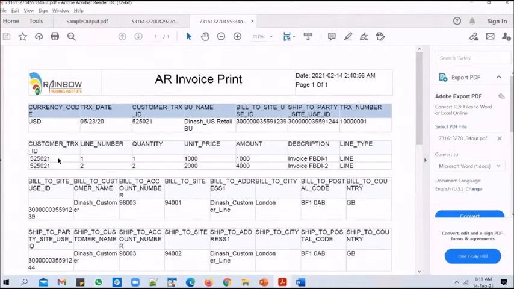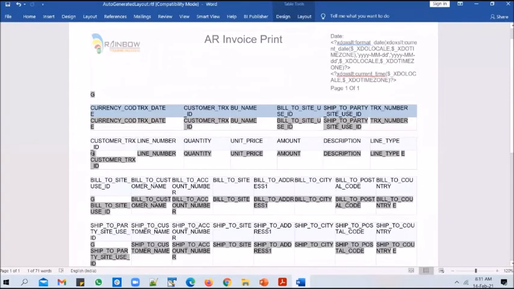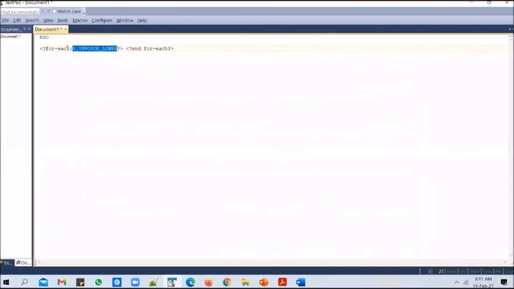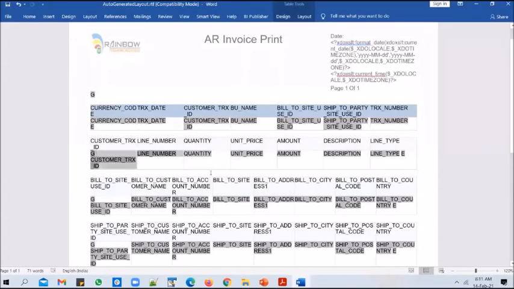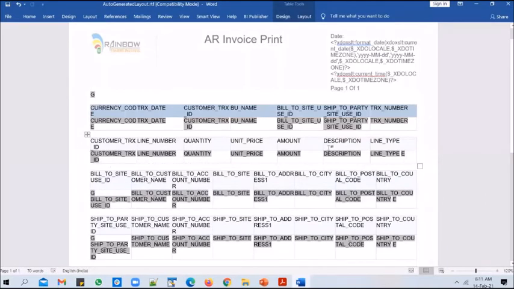but if you look at the lines query, you notice that since there are two lines, and since we have this for each loop, it is looping through the group and it is printing both the lines in here. That's because of what we mentioned at the beginning of this particular line. What did we say? For each line you have in the G invoice lines group, print all these XML tags. That is what we are mentioning.